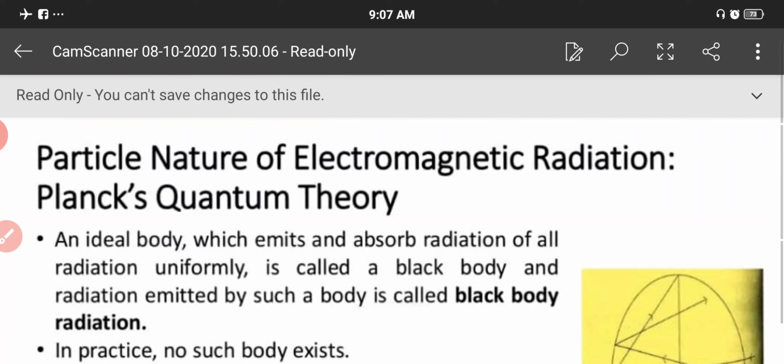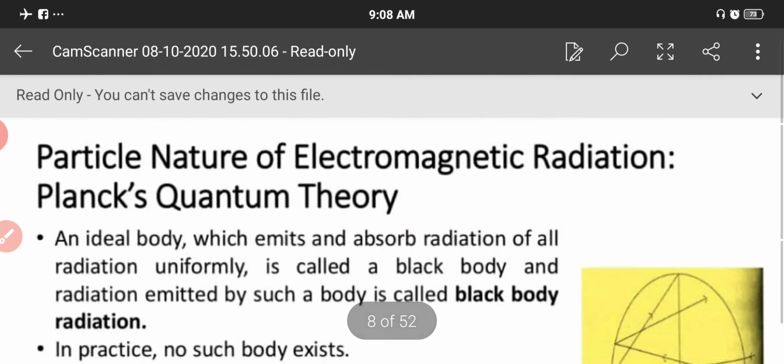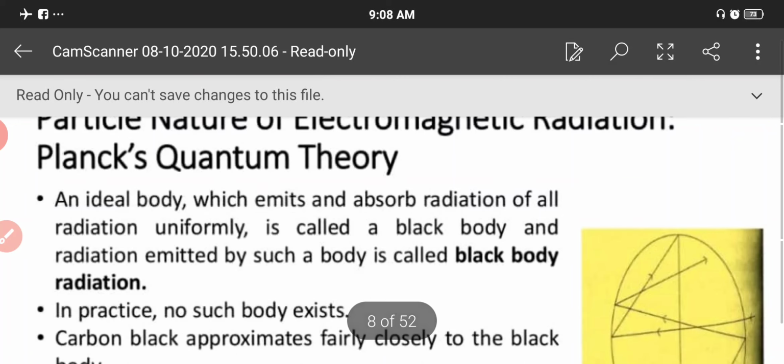So what is Planck's quantum theory? This question may be asked as: write about Planck's quantum theory. So you have to start from here. An ideal body which emits and absorbs all radiation uniformly is called a black body, and the radiation emitted by such a body is known as black body radiation. Means anything which absorbs all radiation is known as a black body. And if this body emits radiation, then it is known as black body radiation. We know